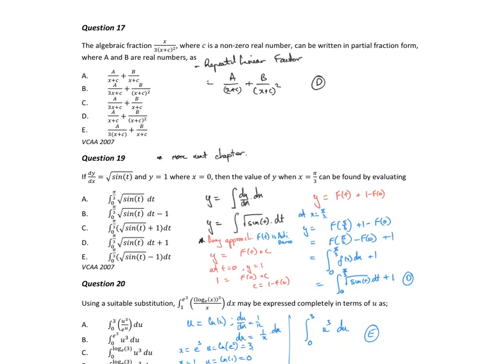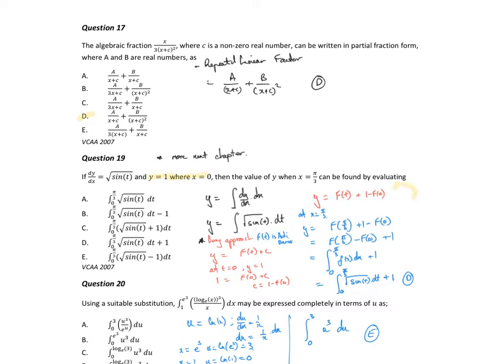17, again, that's just a straightforward repeated linear factor. So it'd be nice to see some more of them. 19 probably is more really next chapter, where we start finding the functions from the derivative, and we soon learn that where we've got these initial values here,